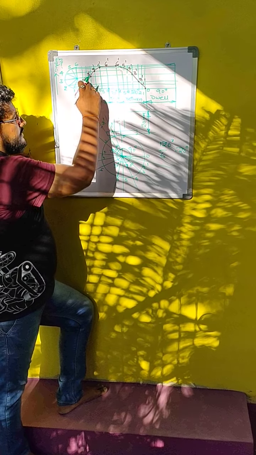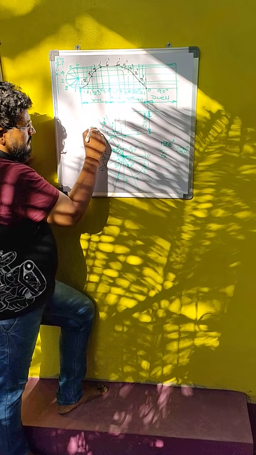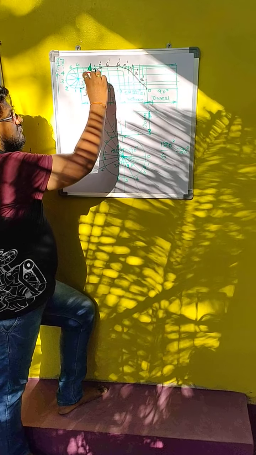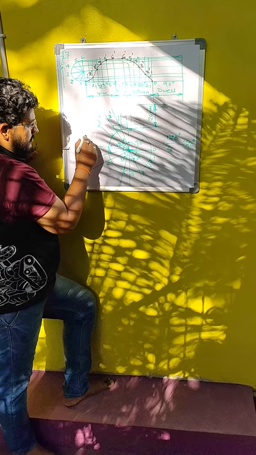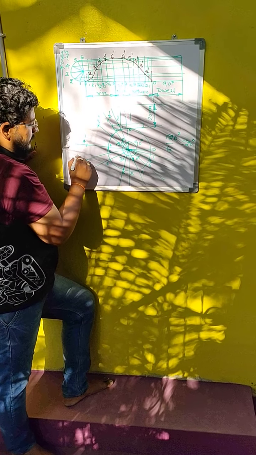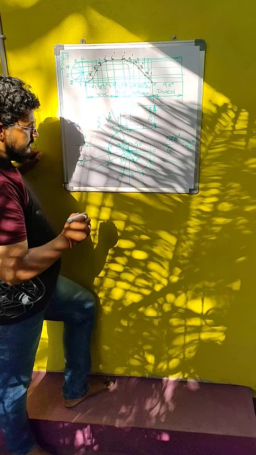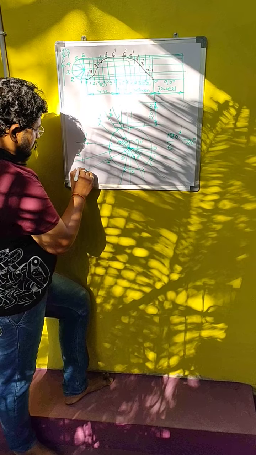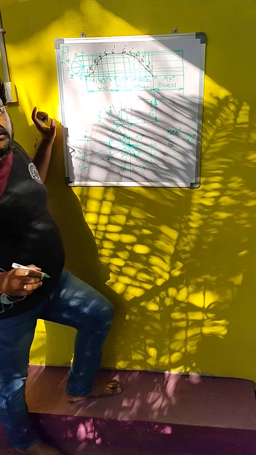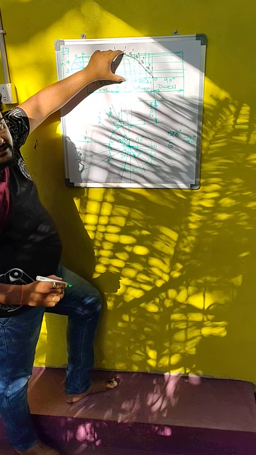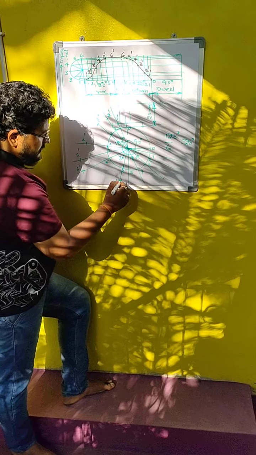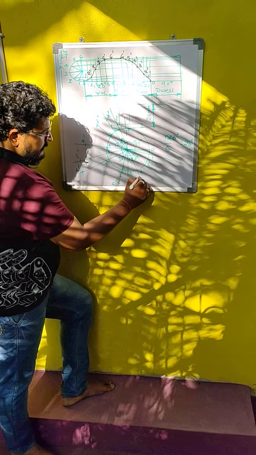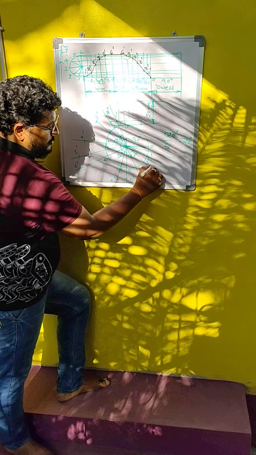With radius 3, 3 dash, 3 as center. With radius 4, 4 dash, 4 as center. Once again, with radius 5, 5 dash, 5 as center. And radius 6, 6 dash, 6 as center. Mark all the points. Once again here also with radius 6, 6 dash, 6 as center. Here I am not having space, just 5 dash, 4 dash with its corresponding radius.